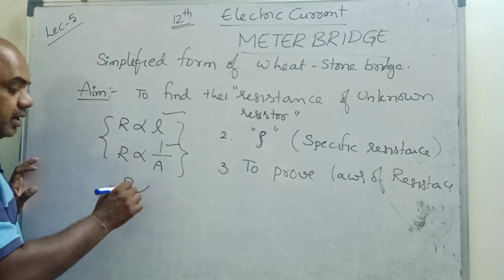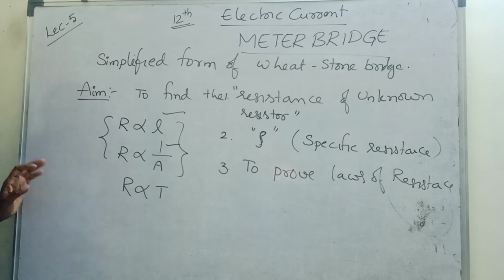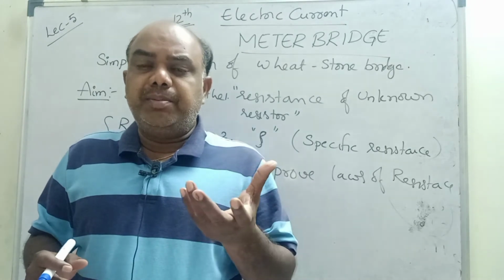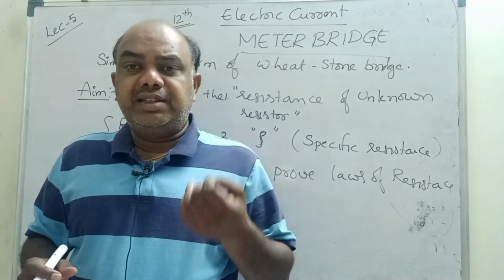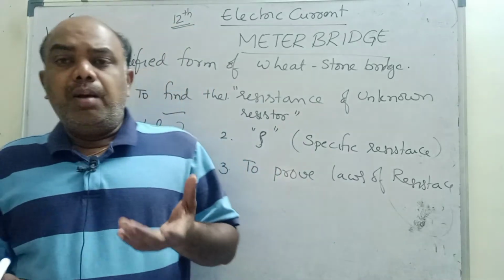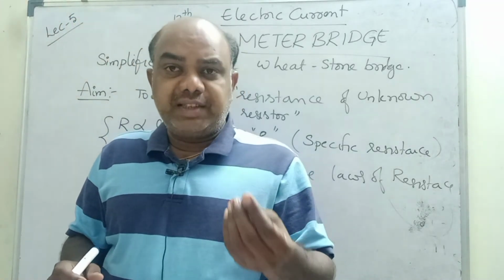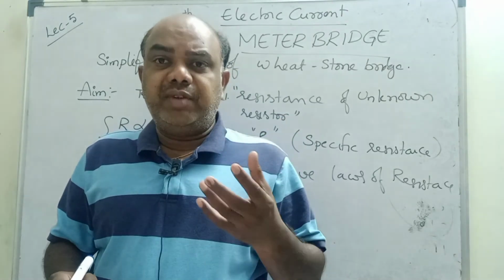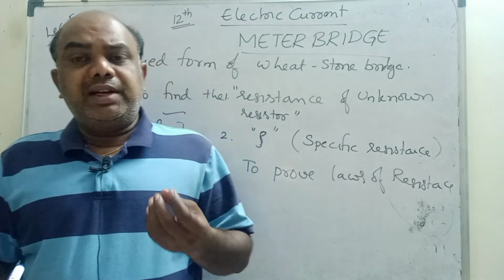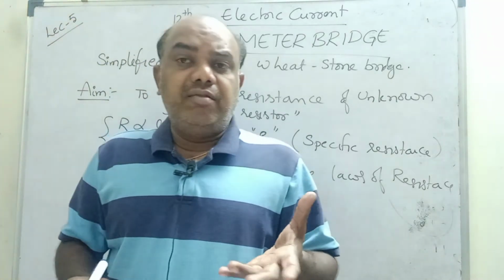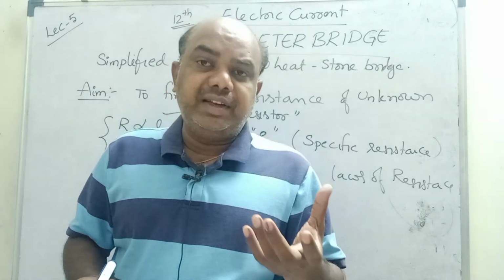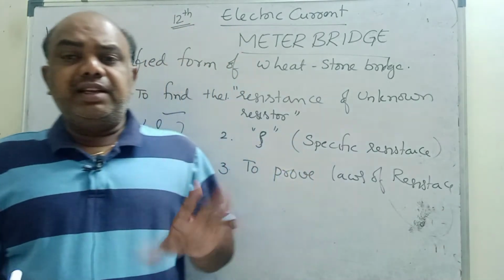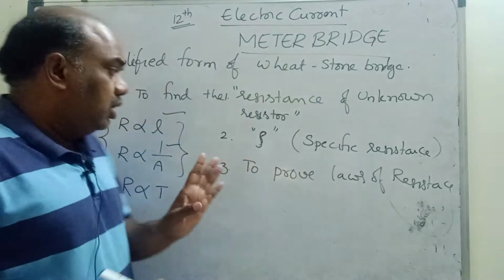And also resistance depends on temperature. If the temperature of a conductor, any metal, increases, that means heat, automatically the resistance also increases. Simple example, a bulb. If the bulb does not glow, let us consider its resistance is 10 ohm. When the bulb is glowing, in working mode, automatically the temperature of the tungsten filament increases. When the tungsten filament temperature increases, resistance also increases. That means any metal you take, if temperature increases, by default resistance also increases.